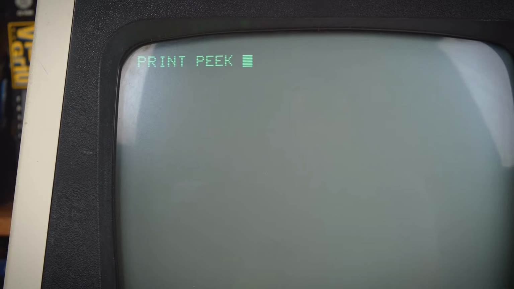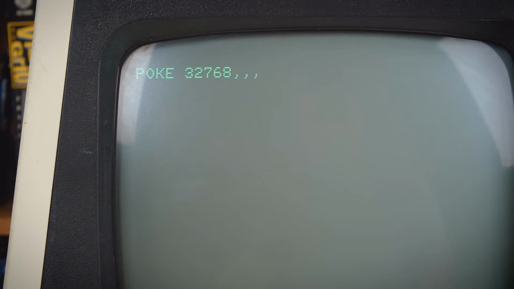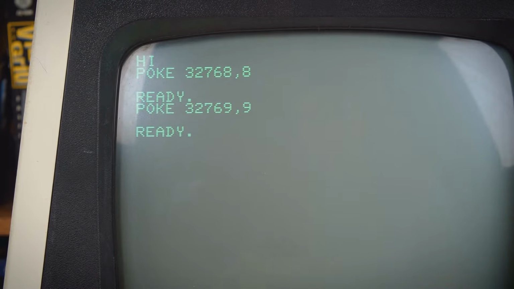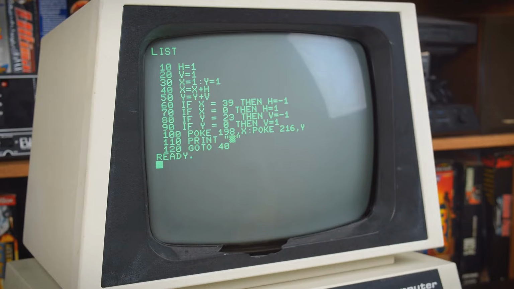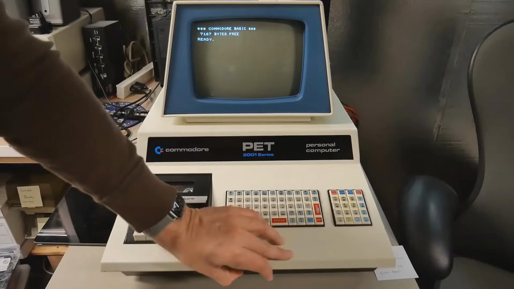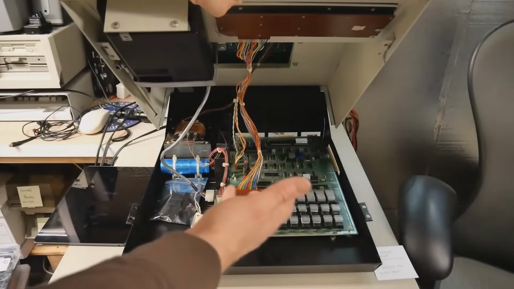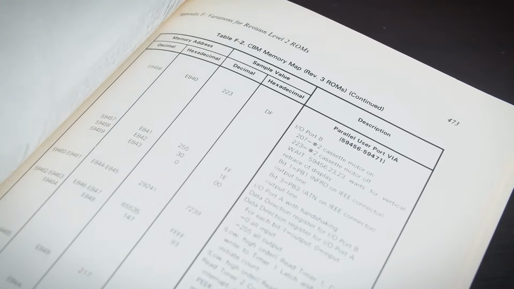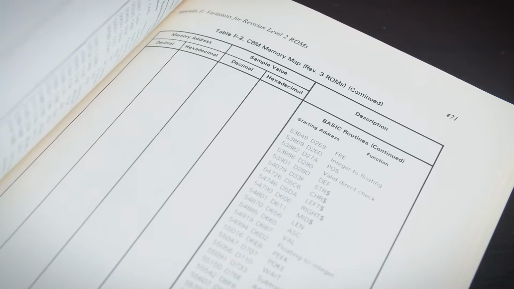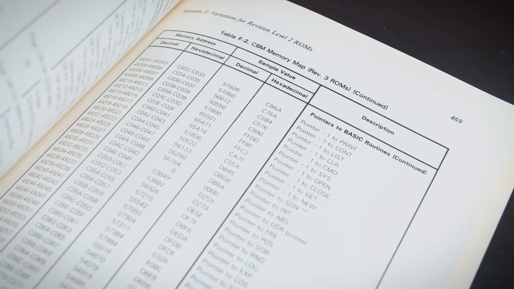If you are here to know what the killer poke is, I will tell you straight ahead. Poke is a command of basic programming language. Poke is a typical command like the load or the save or the goto command. With the poke command, you enter a value directly into a memory address. And with the peek command, you extract the value from a memory address.